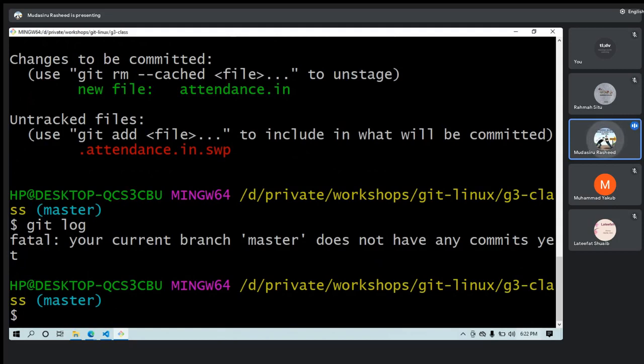So what I need next is to commit what I did, like the attendance. I want to commit it. I want to move it to the next level, to be trackable by my remote repository, which is GitHub. Because here, everything we are doing now is Git. Now we need to connect it to the Git remote, which is GitHub. So that's how the two come together, and from there we can see the difference between the two.